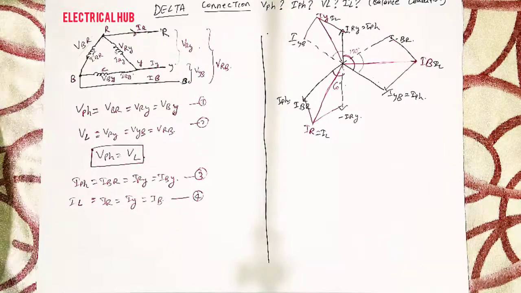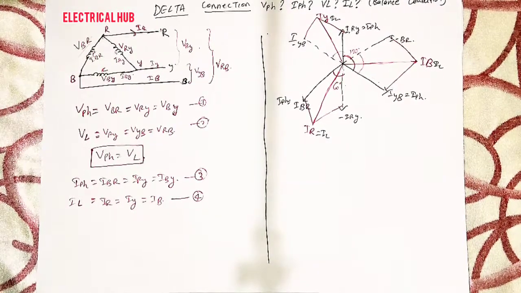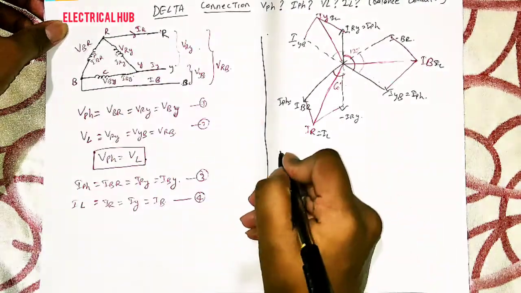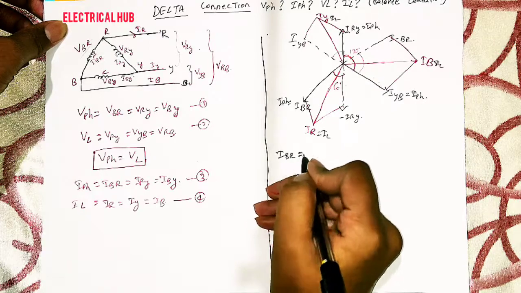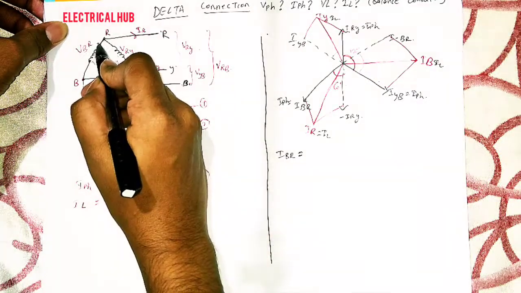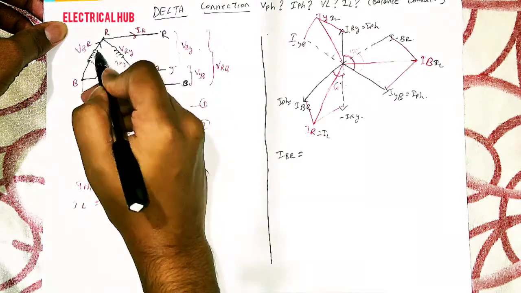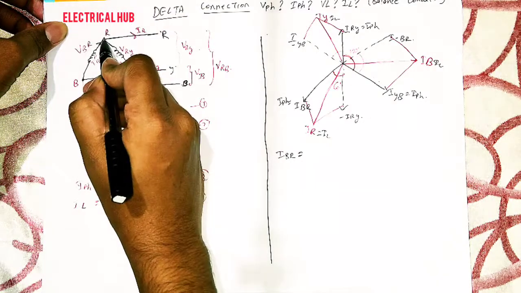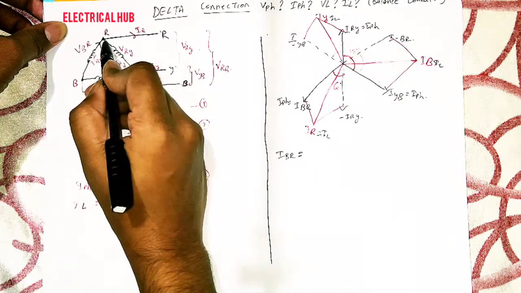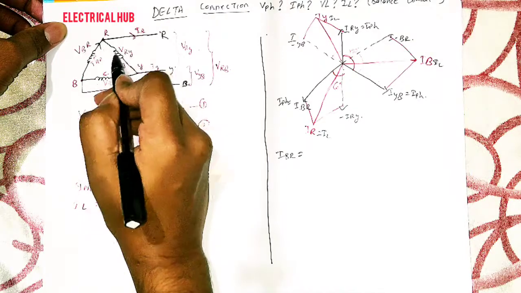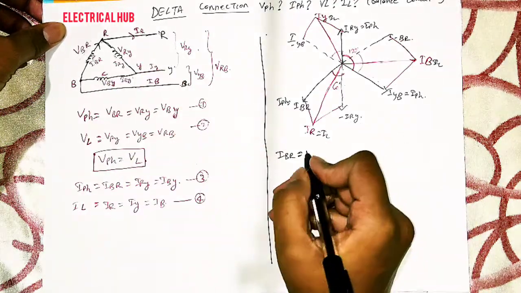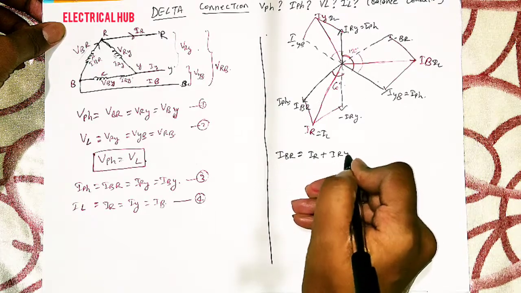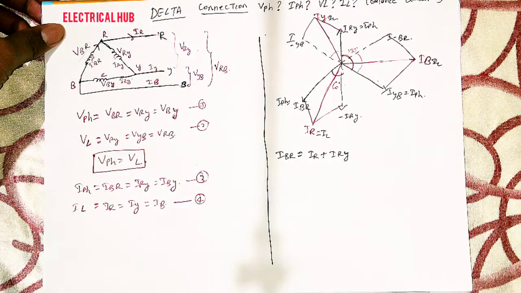So we have to once again look at the circuit diagram to see what is shown here. Suppose we want to take out the value of IBR. What will be the IBR? This IBR current, which is flowing like this, is splitting at this junction. From this junction the current is splitting into two paths. One path is this one and one path is this one. So we can say that IBR is equal to IR plus IRY.